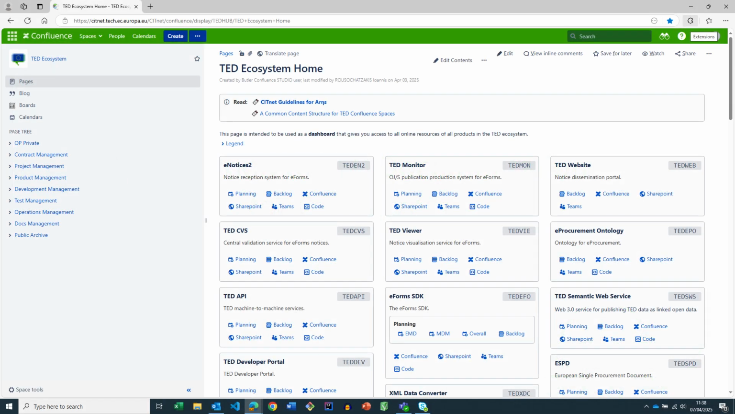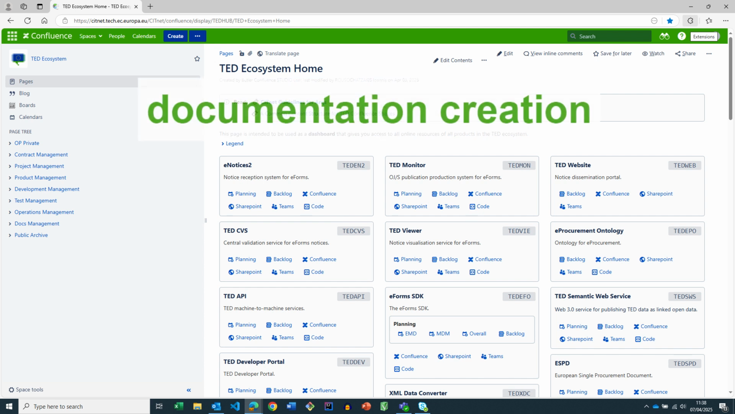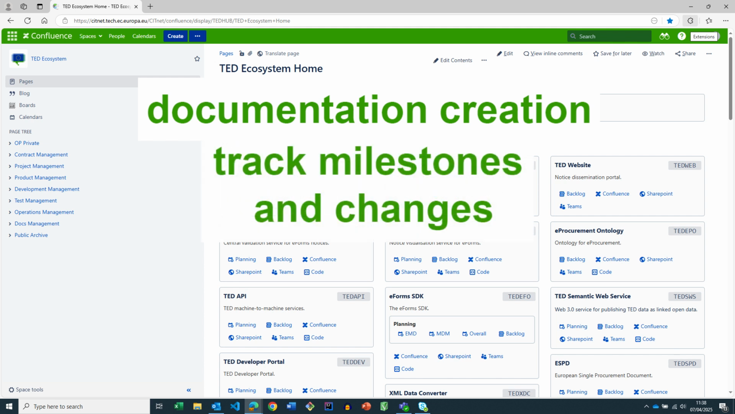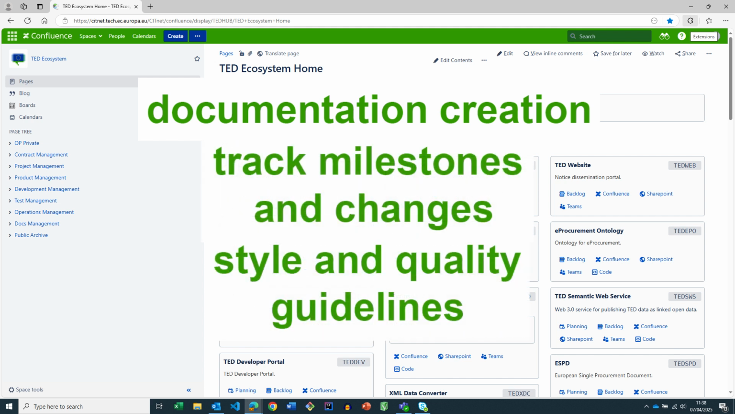This video provides a visual guide to the information on project documentation provided on the TED Ecosystem Confluence site. The information provided here aims to help contractors understand what documentation is required for a project. It explains the documentation creation process, tracks milestones and changes, and provides style and quality guidelines. All of these will help you understand the requirements and scope of the documentation that you'll be providing as part